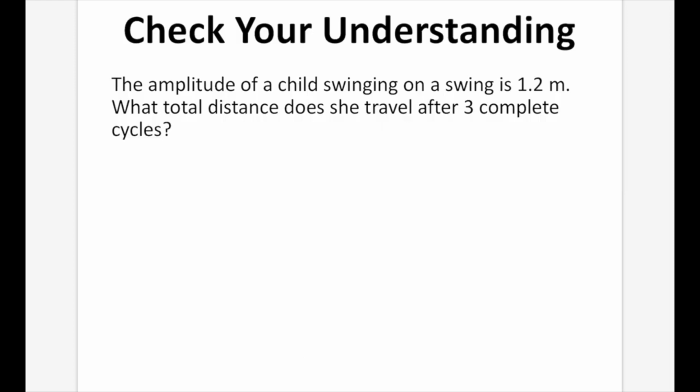Okay, so let's draw this out. If that's the base position, and that is maximum displacement, and we're told that her amplitude is 1.2 meters, and we're asked for what total distance does she cover in 3 complete cycles, well, we need to count how many times she does this 1.2 meters. So we're going to go from here to here, 1, and then back, 2. Then we're going to go back out to here, that'll be 3,